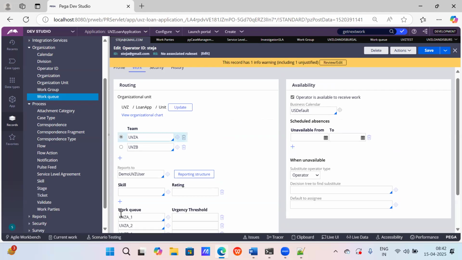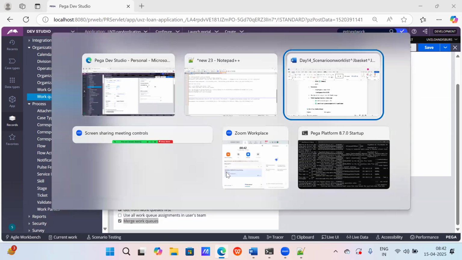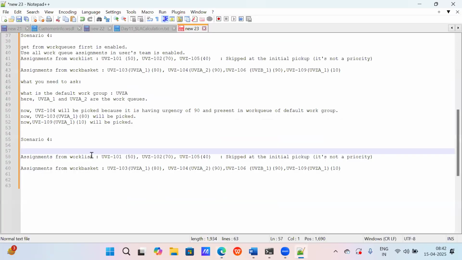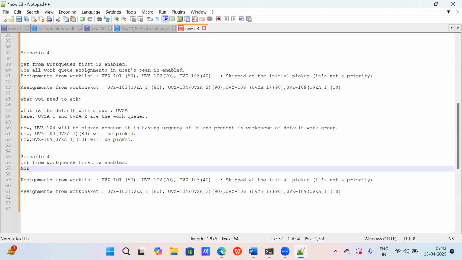Now, if I disable this option and enable this merge work queues, tell me what happens. I've enabled this option and I've enabled the merge work queues option. If I come back here, this is the one that is enabled. Get from work queues is enabled. Now merge work queues is enabled.